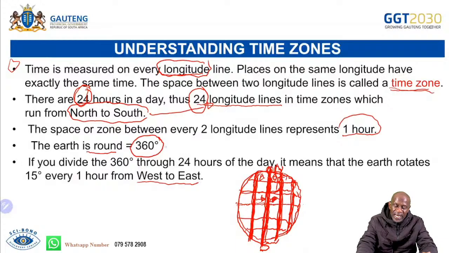Now, to recap on the concepts, we have spoken about the longitude, and we indicated that the space between two longitudes equals 1 hour, and it takes 15 degrees for the Earth to rotate, and that amounts to 1 hour. Right, as we move on,